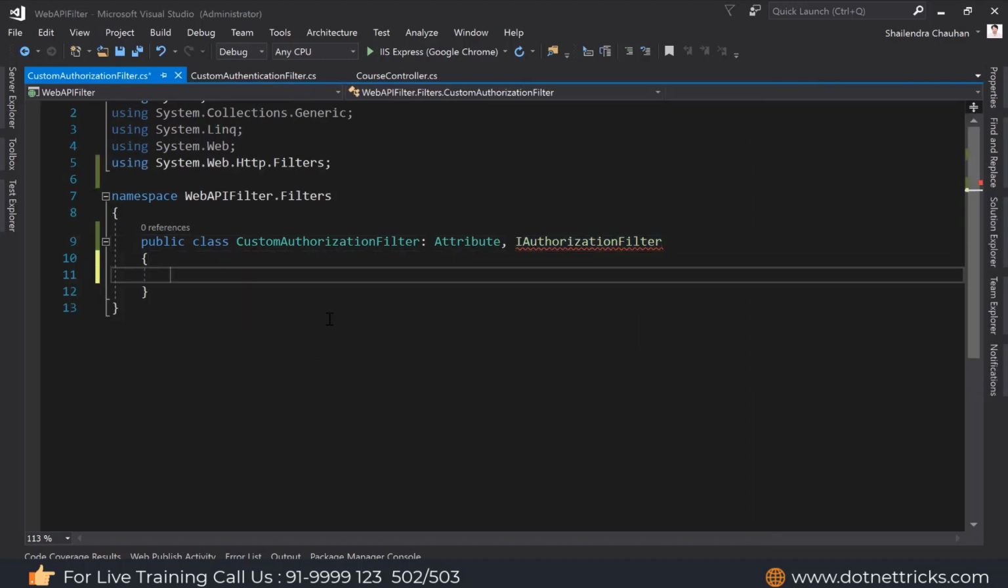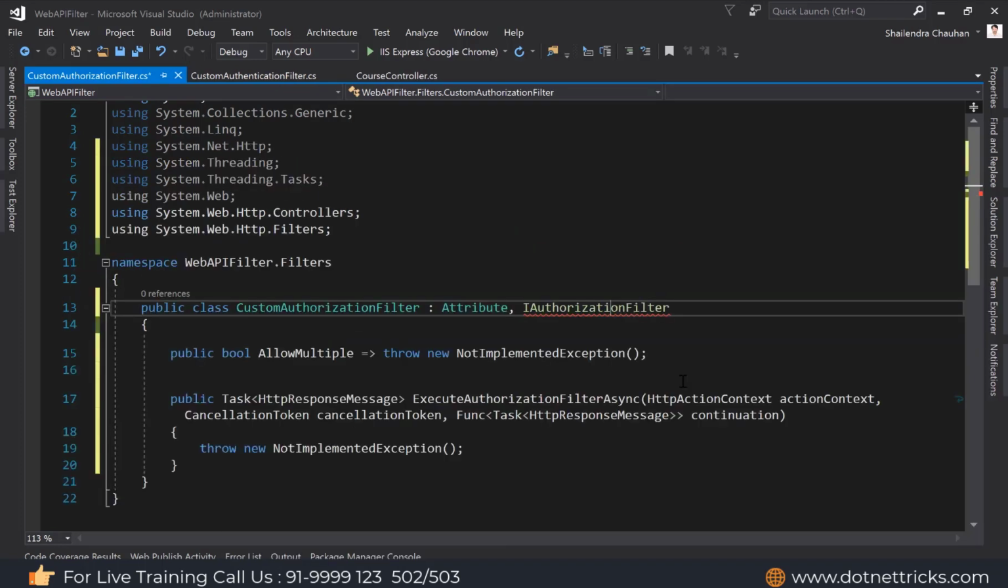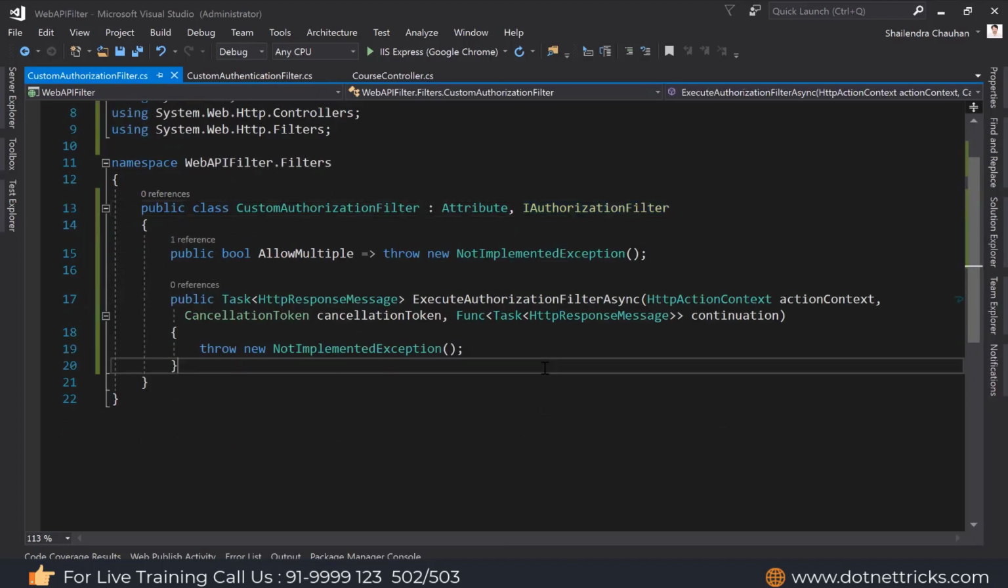Now let's implement this interface. You can see it has an ExecuteAuthorizationFilterAsync method, which we can use for implementing our own logic. Every filter has such methods which we can use for writing our own custom logic.